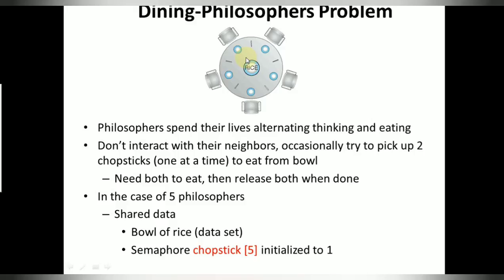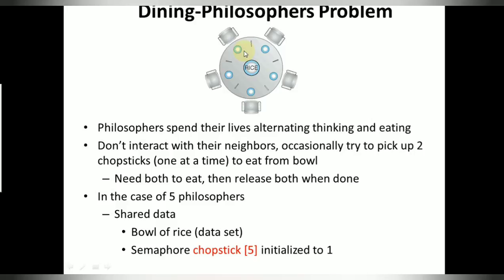Now there are some rules to this problem. What are the rules that it tells? If a philosopher, say philosopher 1, wants to eat, he should be picking the chopstick that is closest to him. And obviously he cannot pick the chopstick that is already in the hands of the neighboring philosophers. And the philosopher can eat only if he has both the chopsticks.